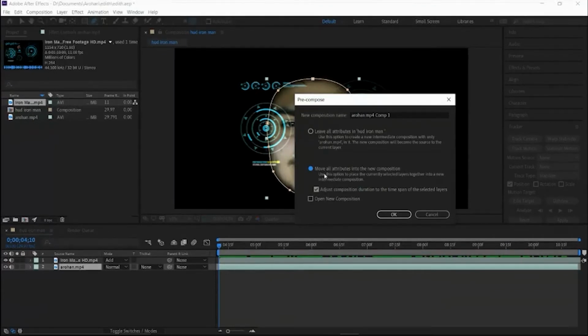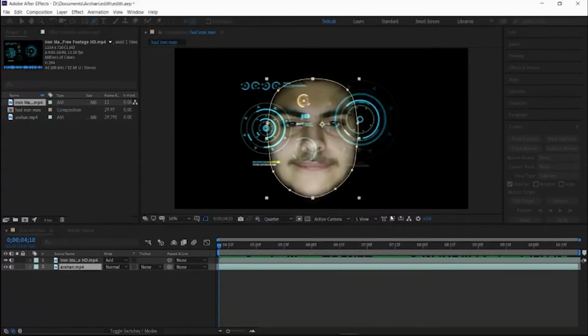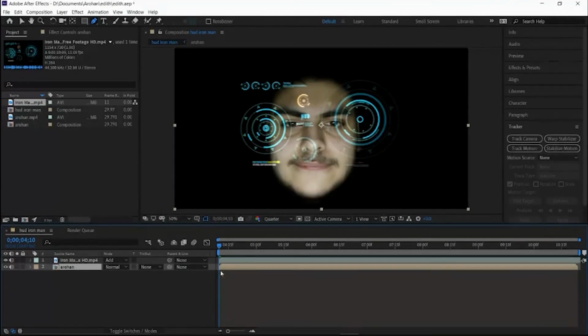After this, click on the checkbox adjust composition duration to the time span, and after this all is set, you can just press OK. Or before, if you want to rename that file, you can rename. I'll just rename it to my name. Press OK, and we have created another separate composition.